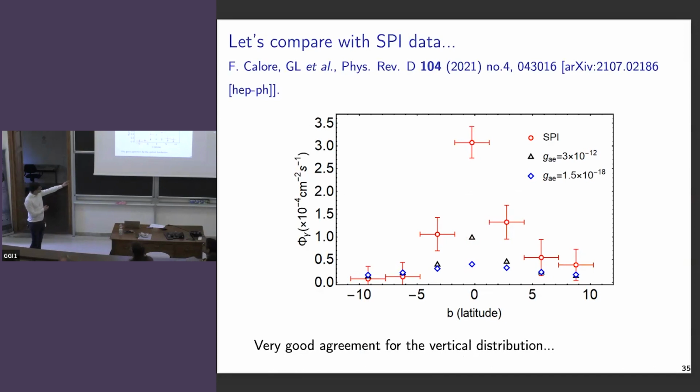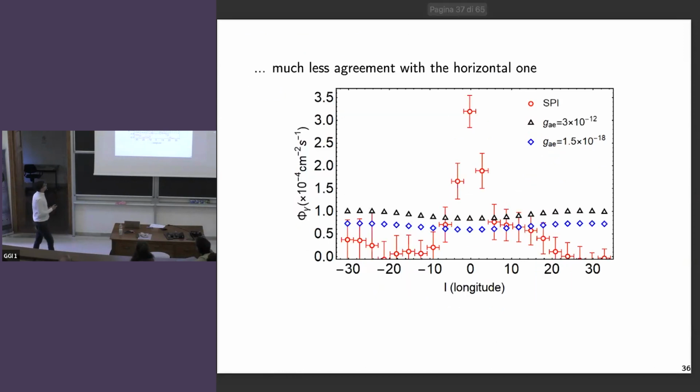signal with the observed signal by SPI in red. And if we look at the latitude distribution, there is a good agreement between the signal and the ALP-induced one. But if we look at the longitude distribution, here we can observe that we cannot explain the signal with our ALPs, since they have a completely different shape. Indeed, the SPI data are peaked at the galactic center, while the ALP-induced signal has a dip at L equals 0 and two symmetric peaks at plus or minus 30 degrees, which is related to the supernova distribution inside our